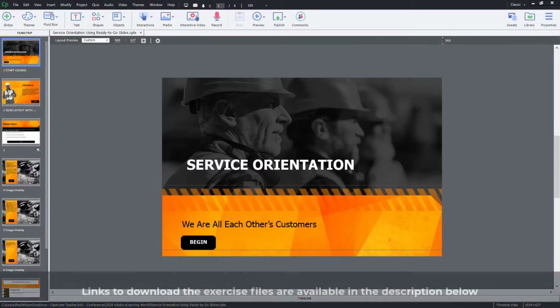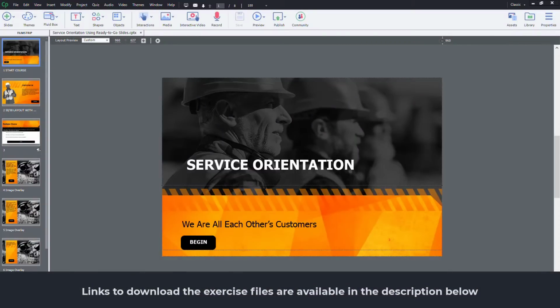Don't worry if you don't have a lot of experience designing responsive design. Today I'm going to show you how you can rapidly take your ready-to-go slides and customize them to suit your needs. Let's get started. So we're starting with the exercise file that I've provided you called Service Orientation using Ready-to-Go